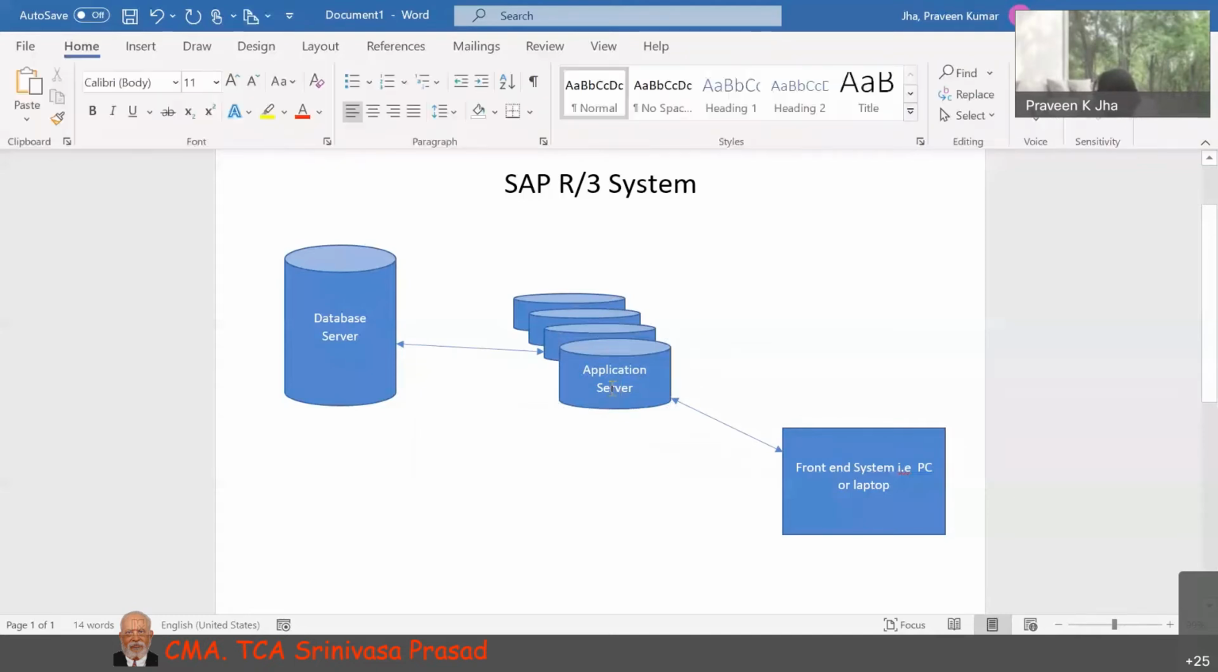And why is multiple application server required? When we are executing a report, or when we are processing the